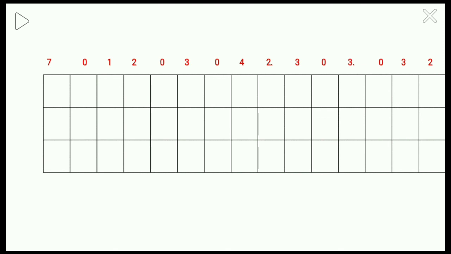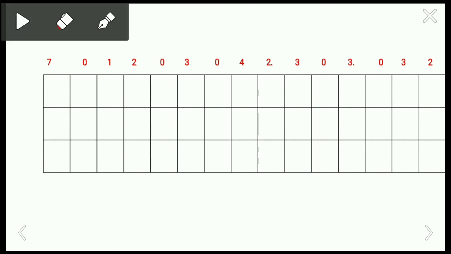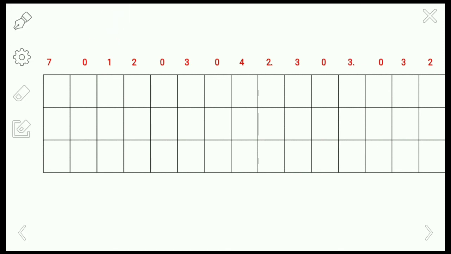So here we are going to perform the LRU algorithm. The reference string is given: 7 0 1 2 0 3 0 4 2 3 0 3 0 3. We are going to load the pages into the main memory frames. Initially the frames are empty, so we load 7, which gives a page fault because 7 is not in the main memory and it is the first time we are referencing it.